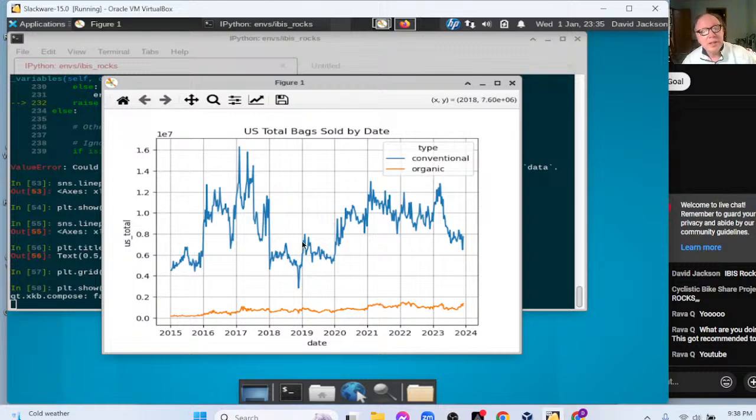There's a lot more volatility, but a lot more volume in terms of bags for the conventional than there is for the organic. That's pretty amazing to me.